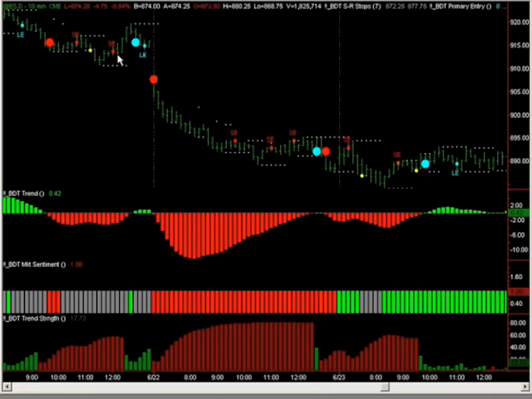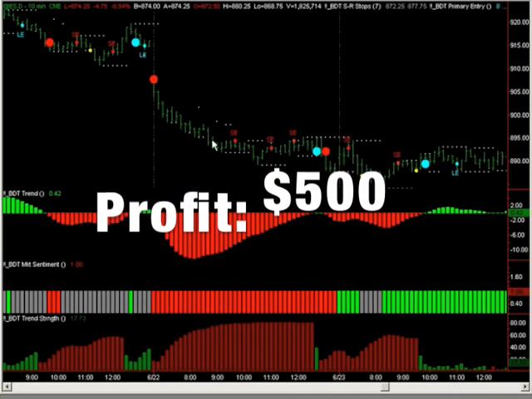Here I've got the E-mini S&P on a 10-minute chart. Here's an initial move down. You've got your Black Diamond Trader trend indicator signifying a down move. You've got bearish here with the red. Market sentiment is red. You've got your trend strength red and increasing, showing that you've got an increasing down move here. So you could have really taken a short entry right here on this day at 9:05 and ridden it down a good 10, 12 points